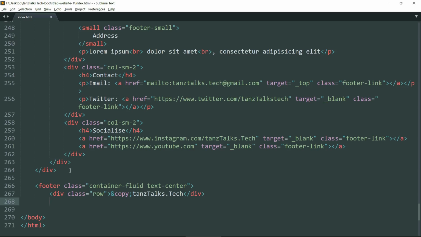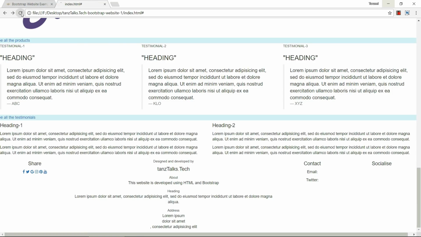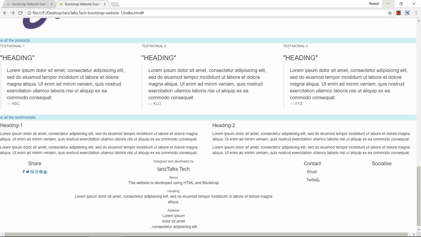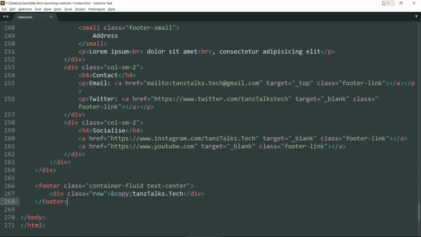Let's see in the website, refresh it. Okay, it's fine, but I think I forgot to write the text in the link.